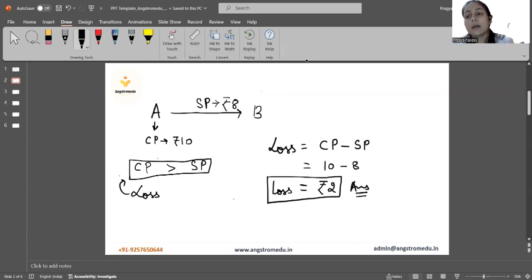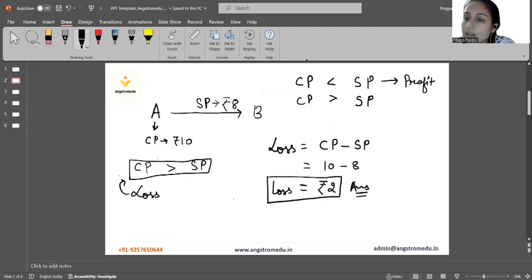All right. So in our previous example, the condition says that CP and SP, meaning cost price and selling price, are what we are taking. In our first example, we saw that the selling price was greater. And in this example, we see that the cost price is greater than the selling price. So in our first example, selling price was greater than the cost price. So in that case, we have